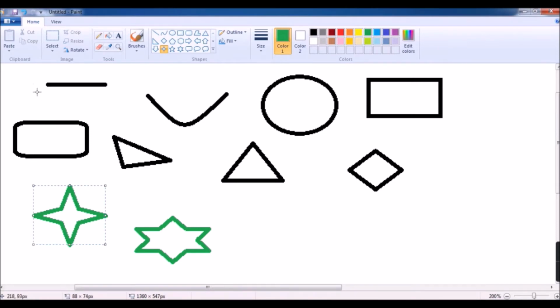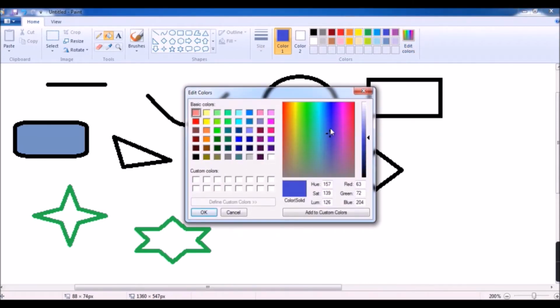If you want to fill the color, select the fill with color tool. Click on the shape which you want to color. If you want more colors, see this one is the edit colors option. Select any one color. Click on the edit colors option.